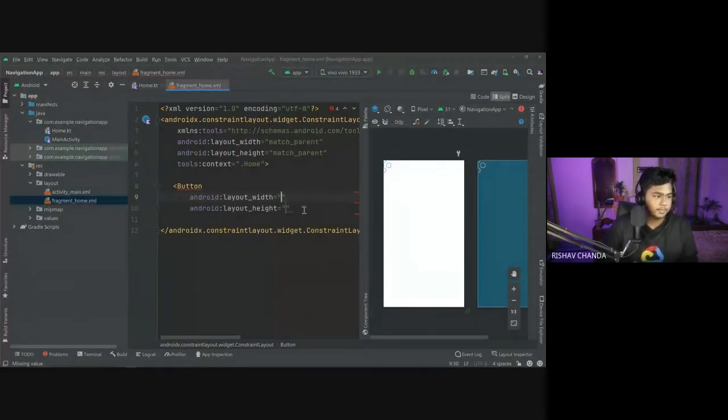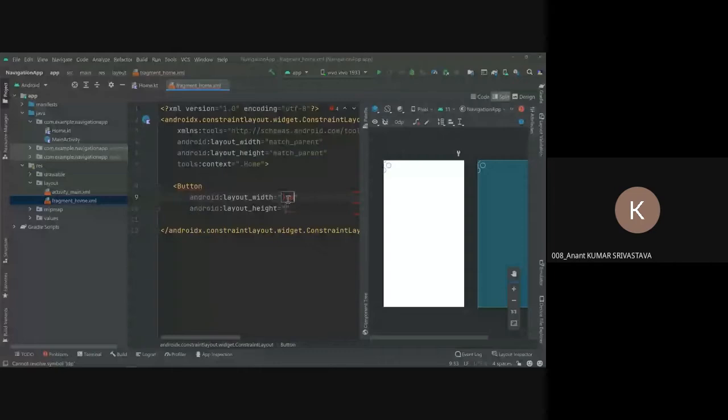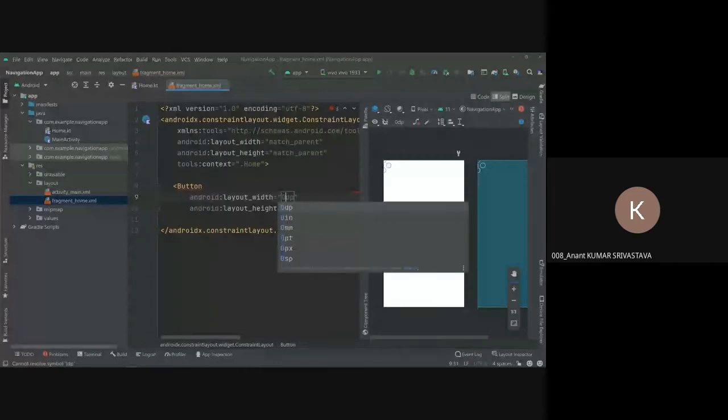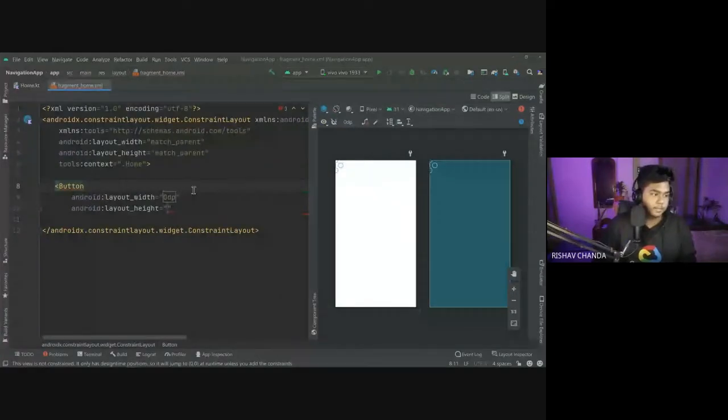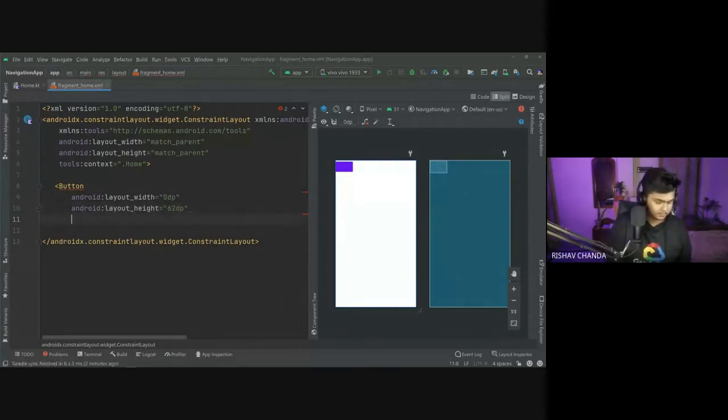So in the button, first of all the layout width, I will give it 0 dp. Bhaiya, please minimize the project part so we can see the whole code. Okay, yeah. So the layout width is 0 dp, and layout height I would give it 62 dp. Then after this, I will give the text.